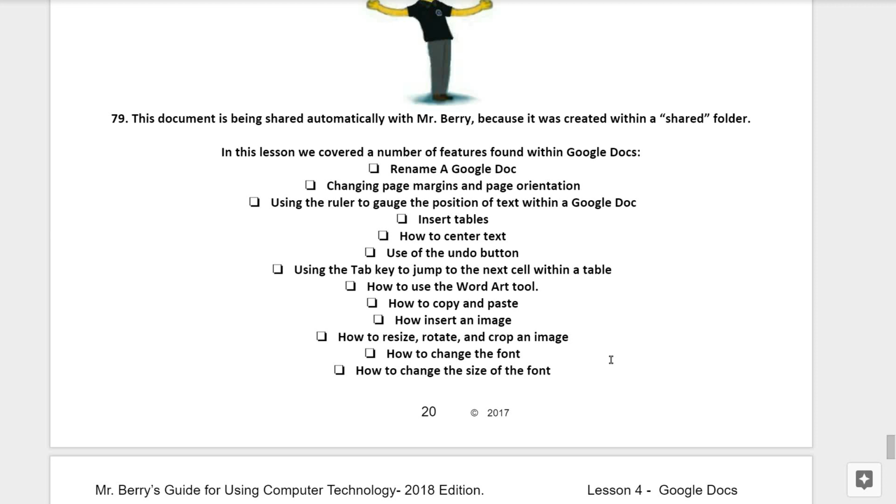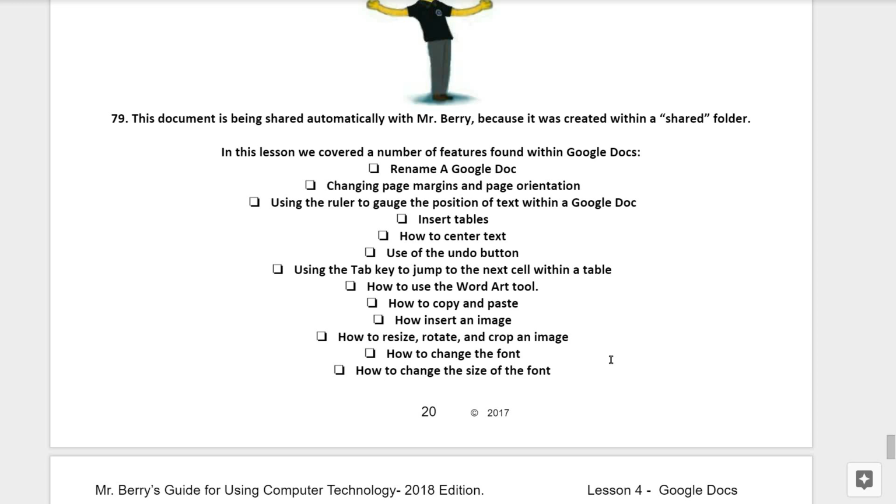We went over renaming a Google Doc, changing the page margins and page orientation, using the ruler to gauge the position of the text within your Google Doc, inserting tables. We learned how to center the text.